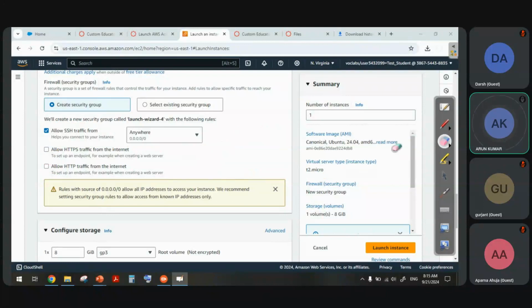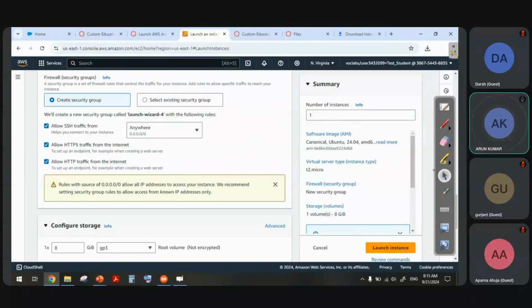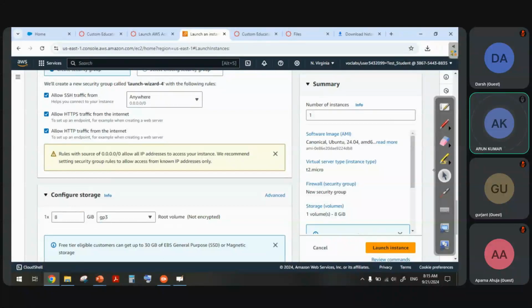So it is up to you whether you want to select it or not. But always understand, unless it is a web server, please do not allow the traffic there. In the VPC part we will see that again. So whether you select it or not, a very important thing is from which IP address the traffic is